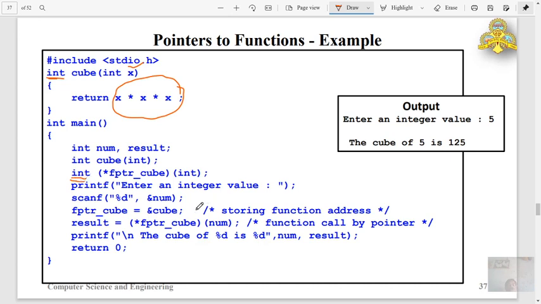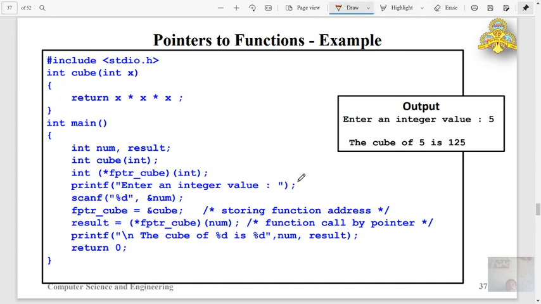So I will store the address of the function like this, and then I will call it, that is function invocation.